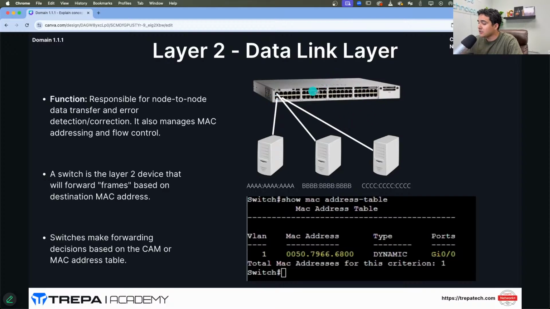The device that lives on our network that forwards layer 2 data frames is a switch. That switch, out of the box, is layer 2, and it uses MAC addressing to switch traffic from source to destination. It switches that traffic based off the destination MAC address. So it has what's called a MAC address table that's built based off